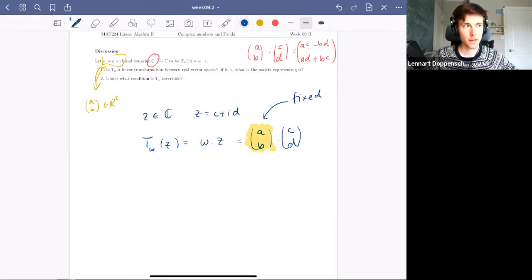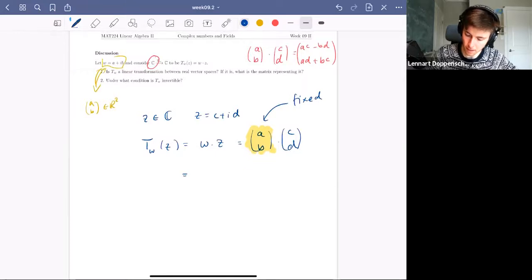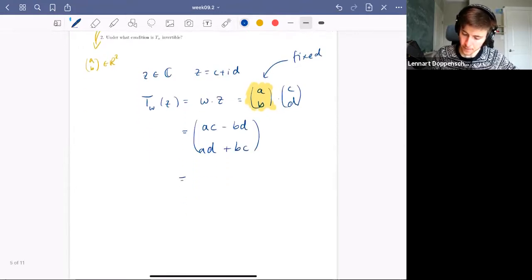It's like multiplying a number by another fixed number, which would be a function from R to R. So if you write what this is, namely ac minus bd and ad plus bc, then we can see that this can be written as a matrix multiplying the vector (c, d), and the matrix is a, minus b,